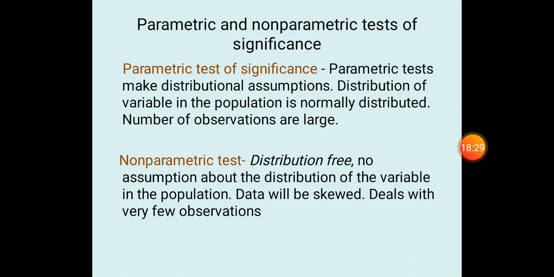If it is a bell-shaped curve and if the observations are greater than 30, then the test we can apply is parametric test. So when we can apply parametric test, of course the measure, that means we need to mention some measures in our null hypothesis like mean is equal to, standard deviation is equal to. If we are mentioning the measures like that, and if the distribution is normal distribution and the number of observations is greater than 30, then we can apply parametric test.